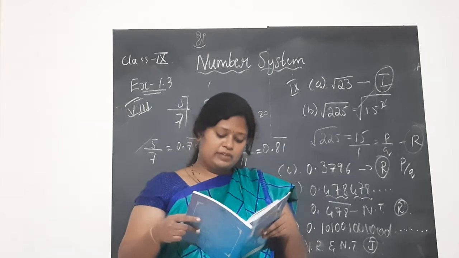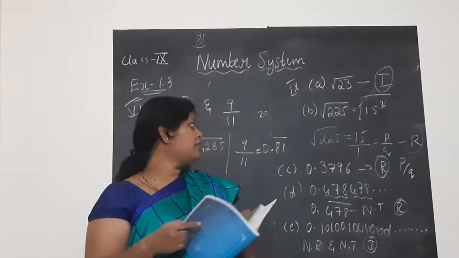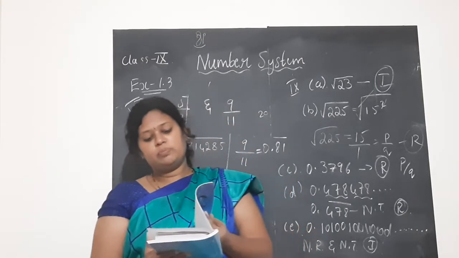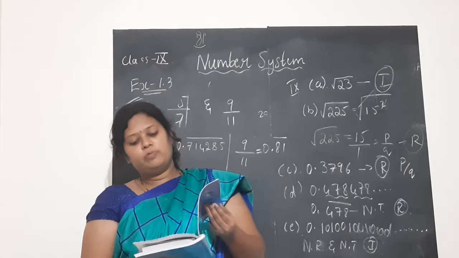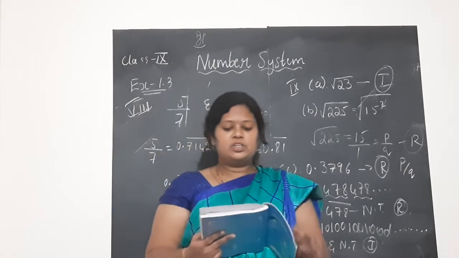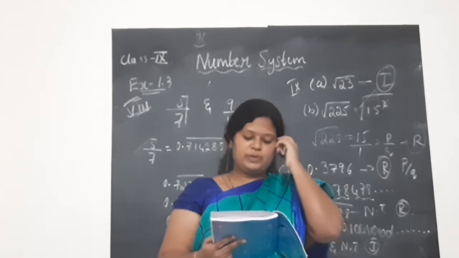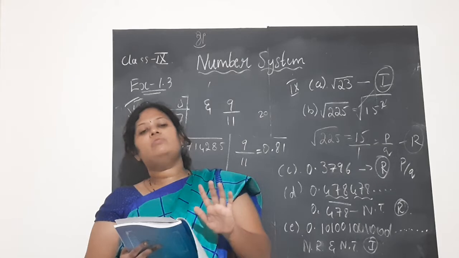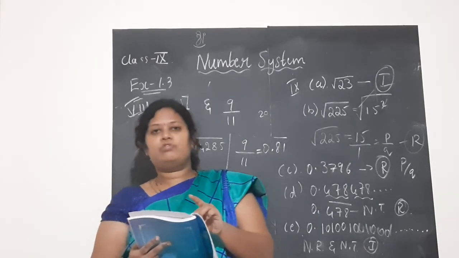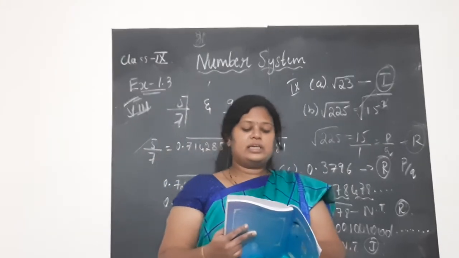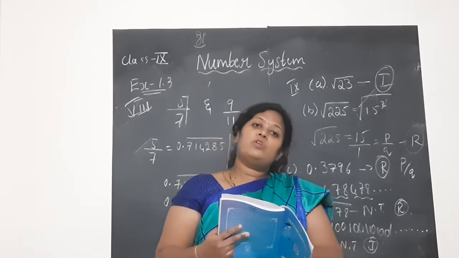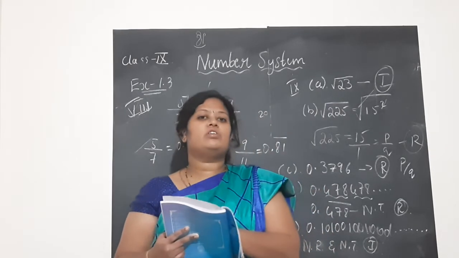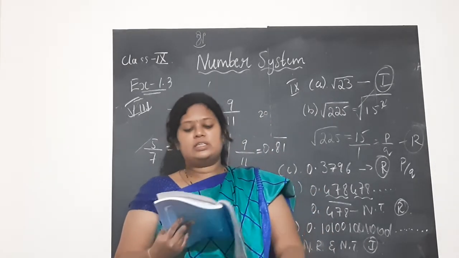Anyhow, I have given you the hint of a few homework problems as well as I have solved a few problems. Many of you asked doubts on exercise 1.2. I also sent you in the group what has to be done. Still, to make it clear, children, in exercise 1.2, for true or false, first main you answer. Other than the second and third main, you don't write it as it is. After writing true or false for the first main, I will give you the answers if you don't have them. For the second and third main, instead of that, I want you to do the construction, that is, represent square root 2, square root 3 and square root 5 on the number line. So that is about exercise 1.2.